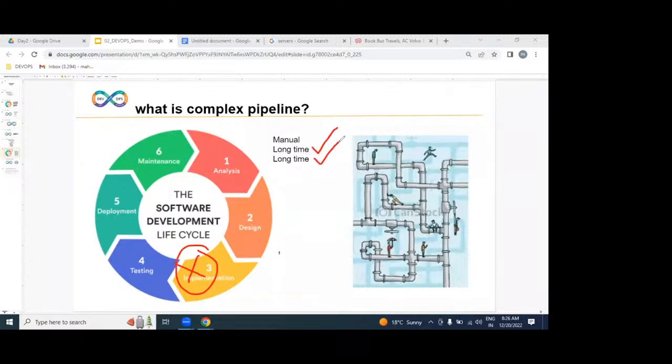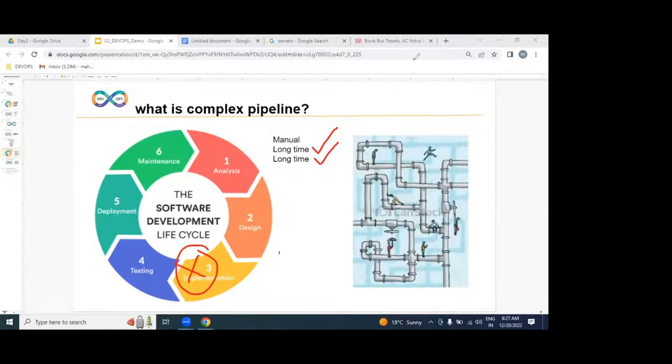An example which I gave was a water pipeline. The water pipeline is underground, and somewhere else there is a blockage. Can you identify that problem immediately? No, it is not a leakage, it is a blockage. After identification, can you fix it within an hour? No, it will take weeks. That is the water pipeline.